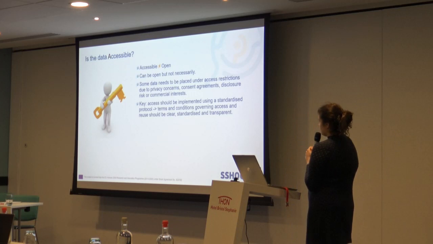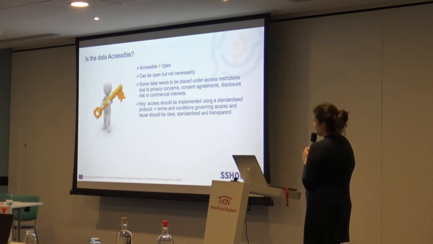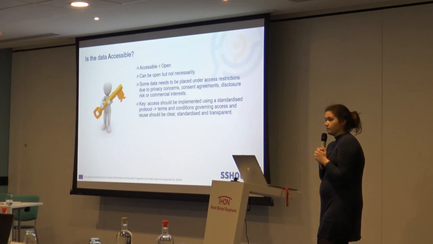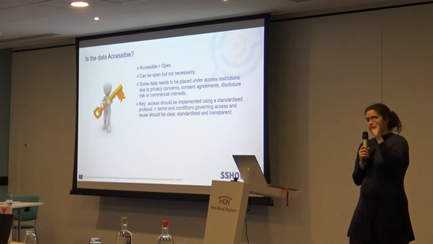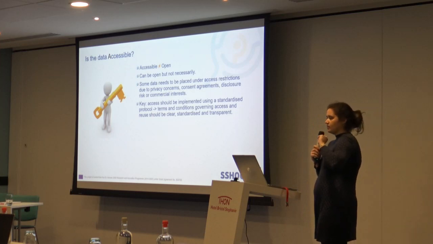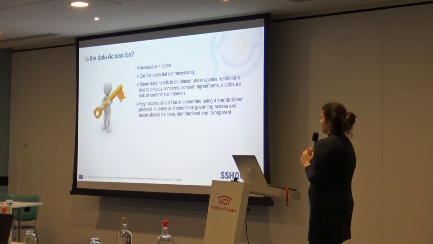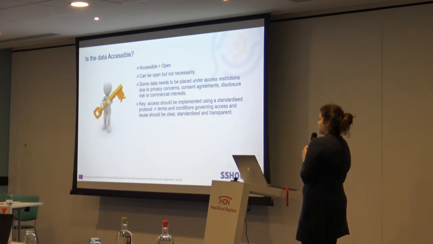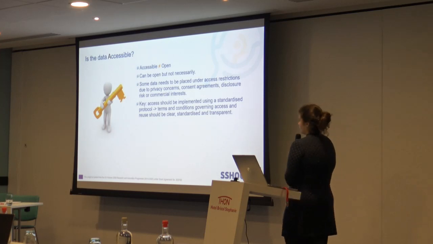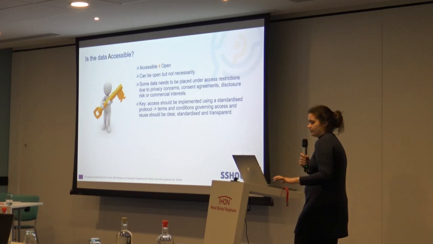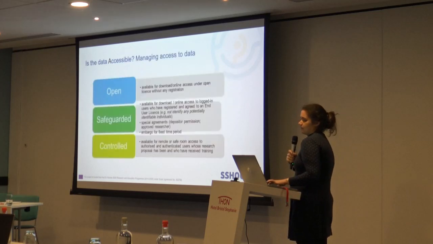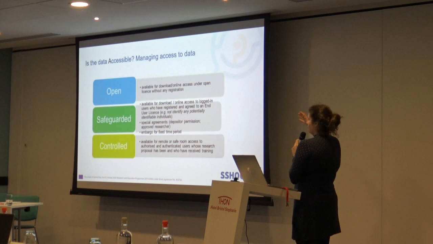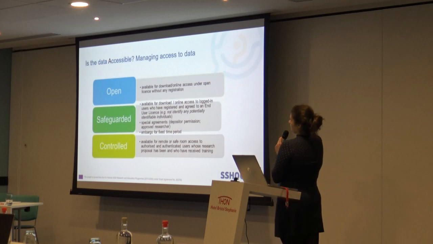So some data needs to be placed under these access restrictions, but the key here is that access should be implemented using a standardized protocol. So it should be very clear when someone comes to your data set, what is the access level, and that access level should be described by a standardized protocol. The terms and conditions governing access and reuse should be clear, standardized, and transparent. And so this is our three-tier access